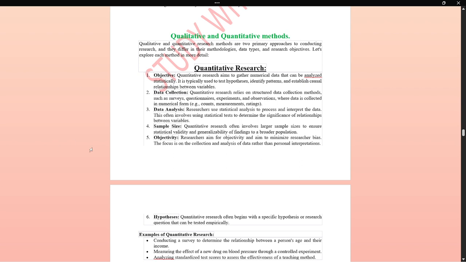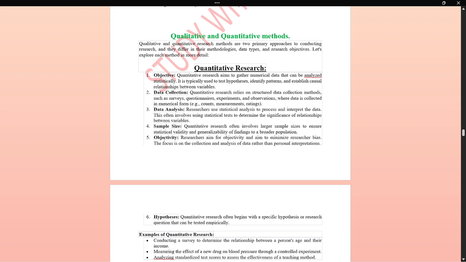Data collection will be numerical, like surveys, questionnaires, and experiments. It may be observation also, but then the information will be in quantitative, numerical form. Data analysis is done to test statistical significance, not to interpret subjectively.